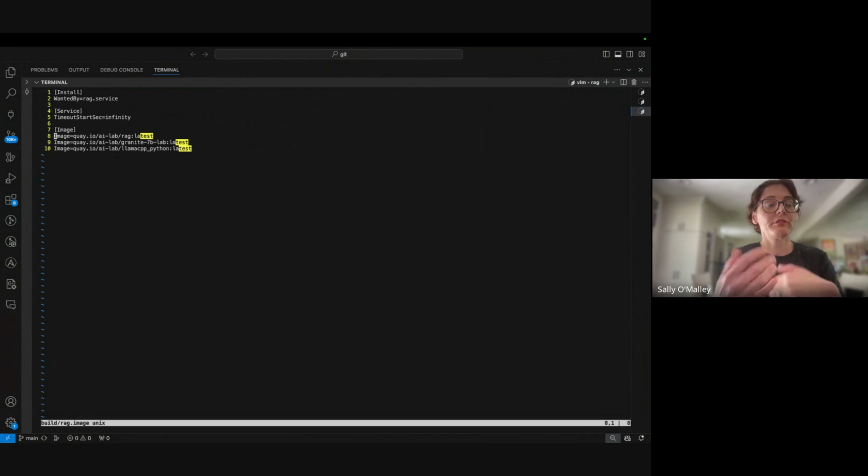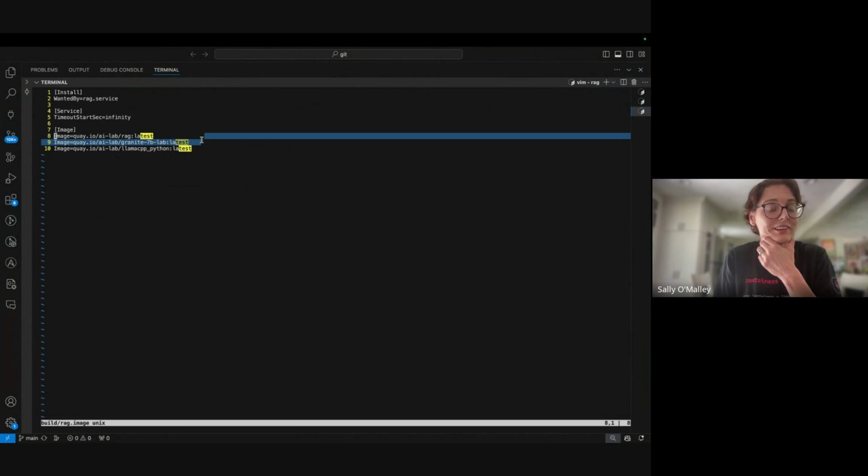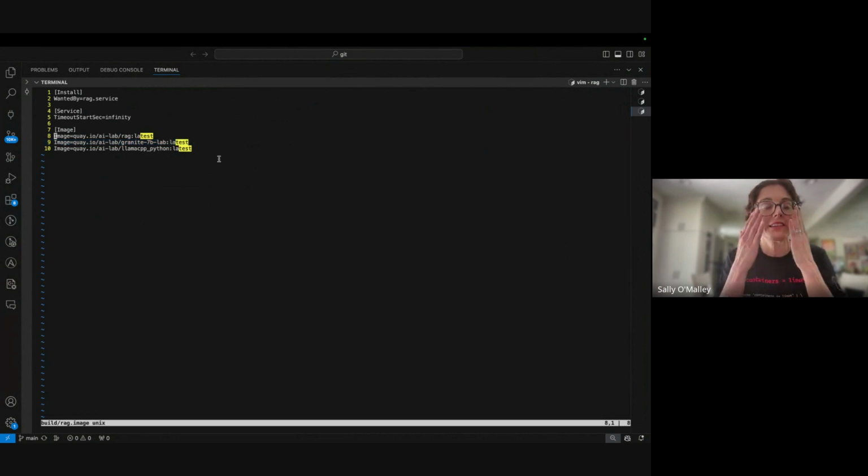So if you are running this as a systemd service, it would make sure that these 3 images exist before it starts failing. So there's the front end image, there's the containerized model image, which is basically a scratch image that just has the model file in it. There's a little bit more to it than that, and if I have time, I'll tell you about that. And then there is this model server.